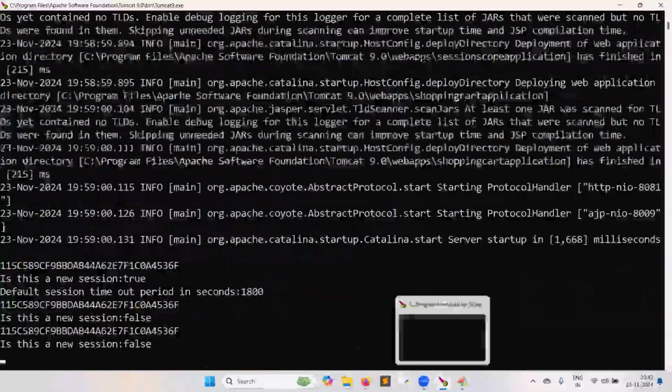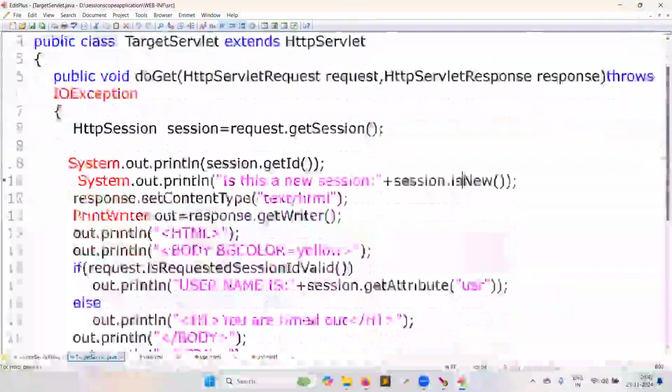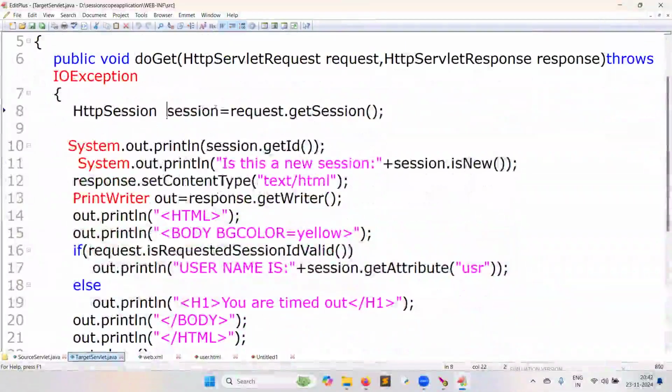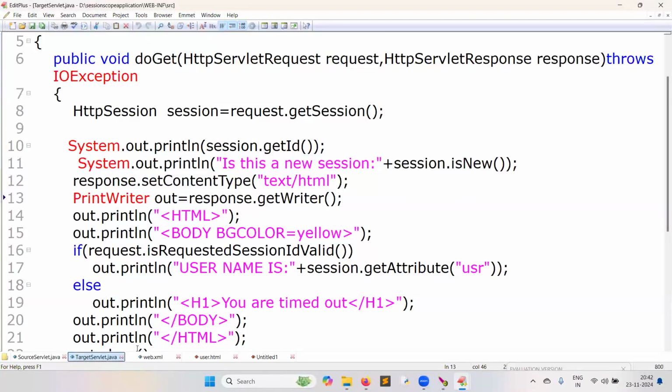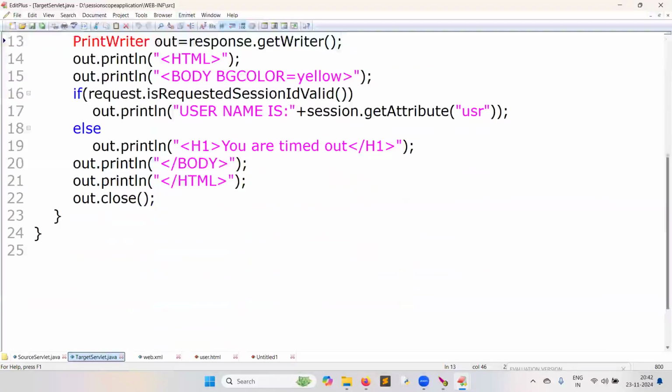So the point to understand is, when the user clicked on that, what is the second servlet doing? Getting the reference of the existing session object, verifying it's not a brand new session, and retrieving the data with session.getAttribute. Sir, why have you called this method?